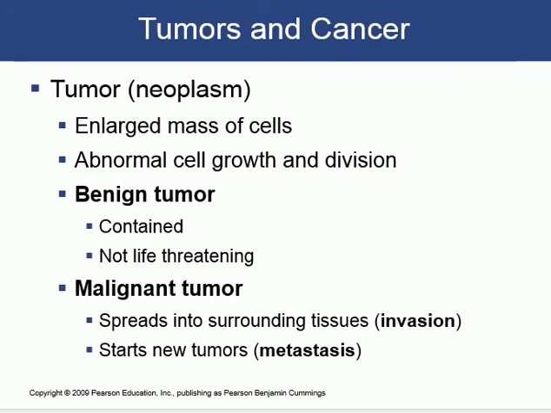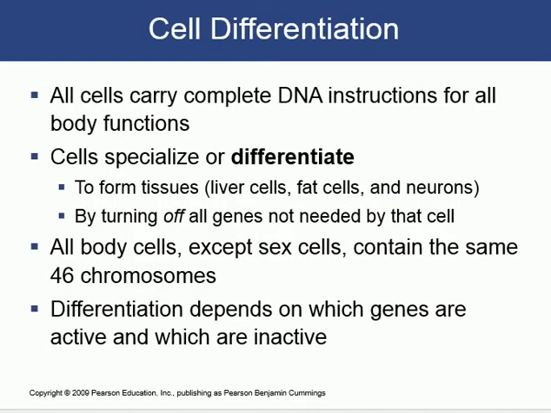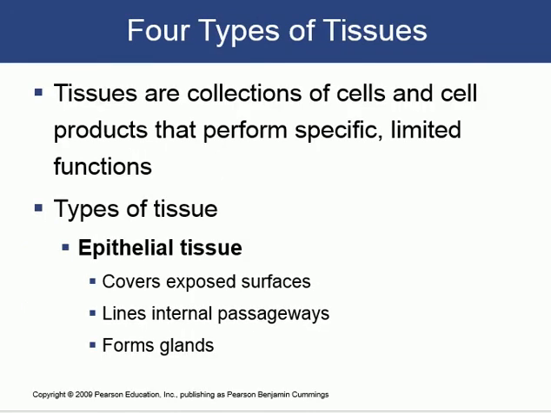What's the difference between benign and malignant? What's the most important thing? We're not discussing the details. Just what's the most important thing? Contained. If it's contained, it's benign. If it's not contained, meaning invasive, it's malignant. And it can also metastasize. So this is the most important thing to remember about this part. That's it for this chapter. For this chapter, which is chapter 4,